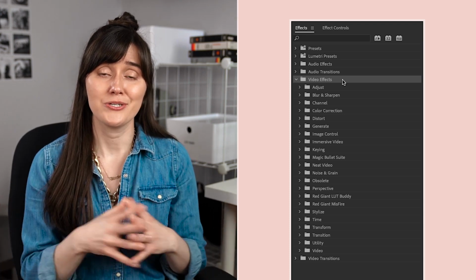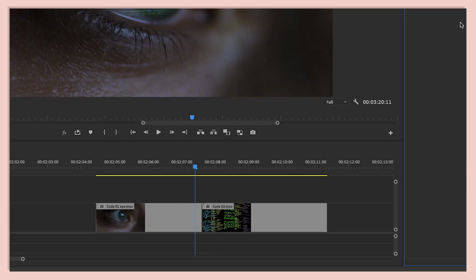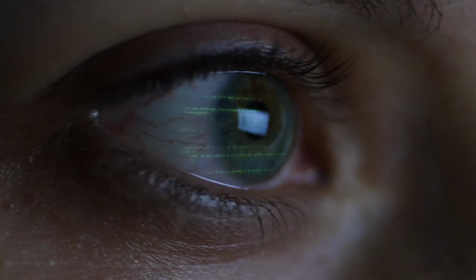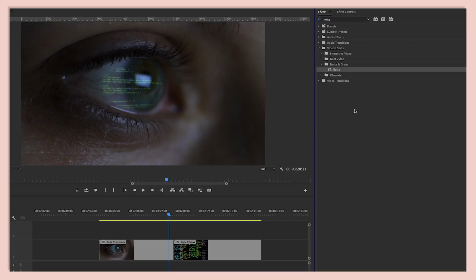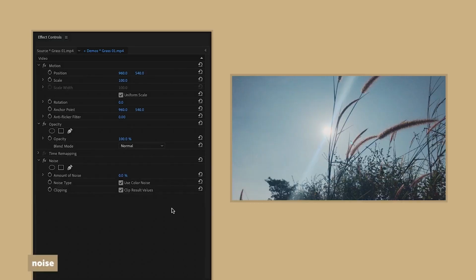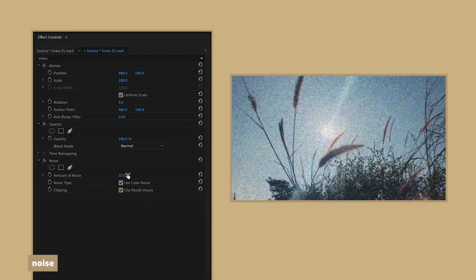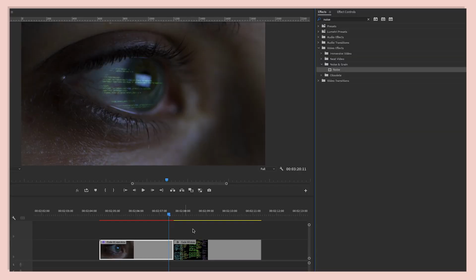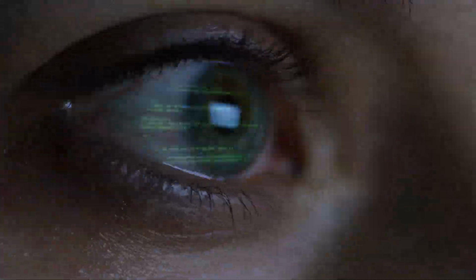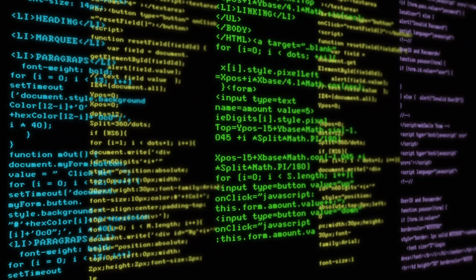So let me show you an example. So here we've got these two clips of Lucy coding, and let's say that we want to add a digital glitch transition between them. So I'm going to add our noise effect here to our first clip, because remember, the noise effect is going to add that staticky noise, that digital grain to any footage we add it to. So because this is a transition, I don't want this effect to be applied at full strength across this whole clip. I just want it to gradually be applied at the very end here as we go into this next